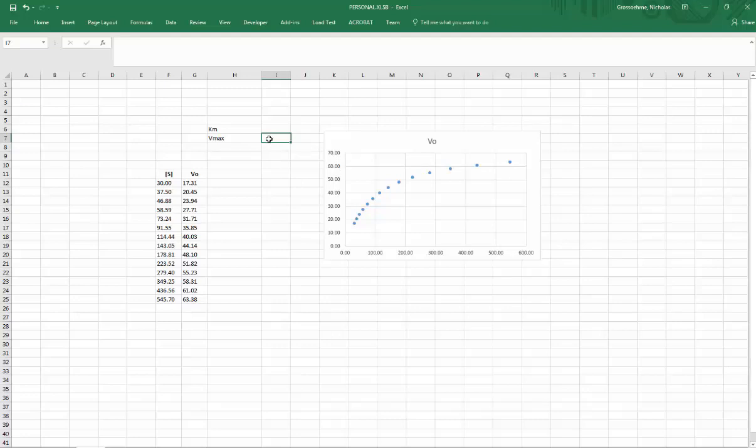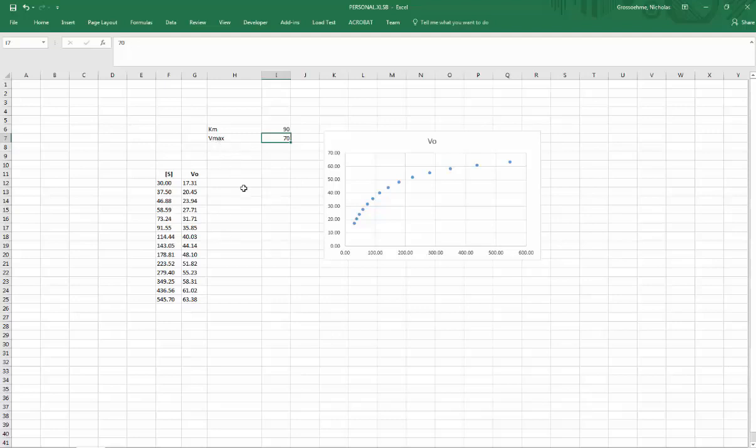So if we just estimate our Vmax at around 70, that might be a reasonable guess. If our Vmax is 70, then 1/2 Vmax is 35, and our substrate concentration when we have 1/2 Vmax is around 90. So our original guess for our Km value is 90, and our original guess for our Vmax is